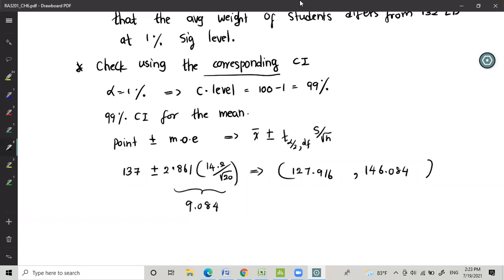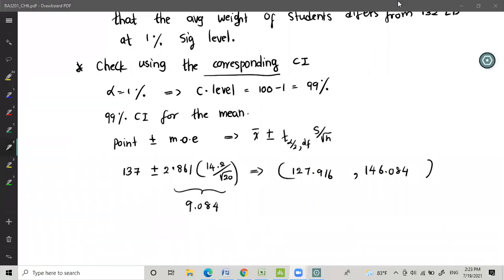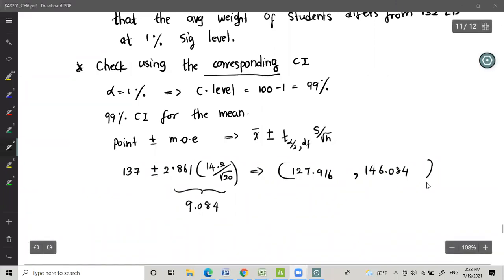Can you all get the same answer? Right. Okay. Now, how can we double check this one? So you have your corresponding confidence interval,